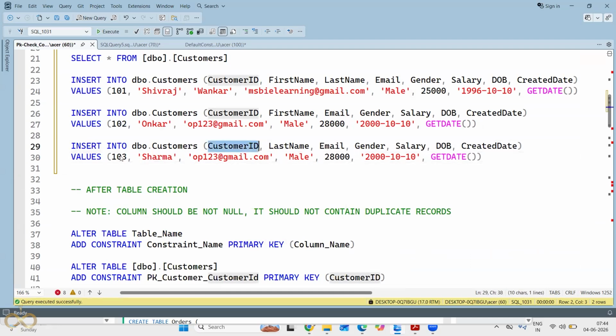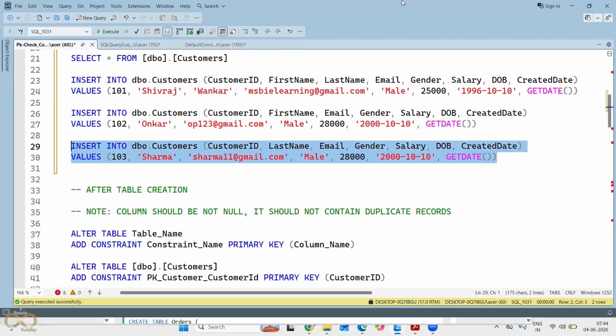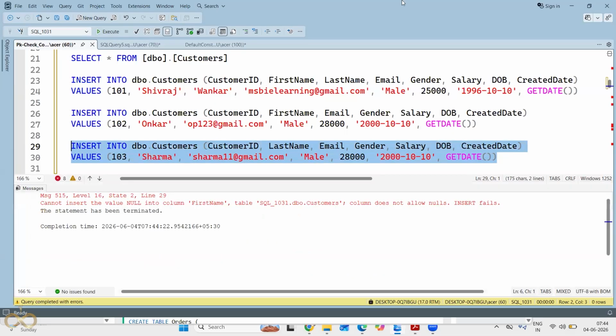So customer ID value is 103, last name value is Sharma, email is Sharma11@gmail.com, and the same salary and date of birth. When we try to insert this third record and execute it, it says